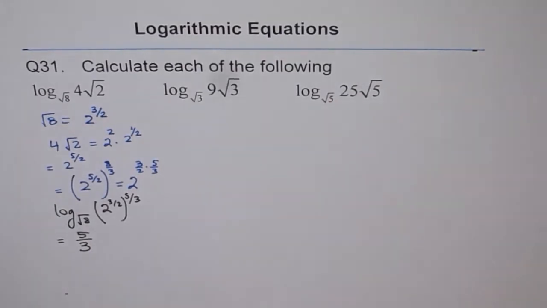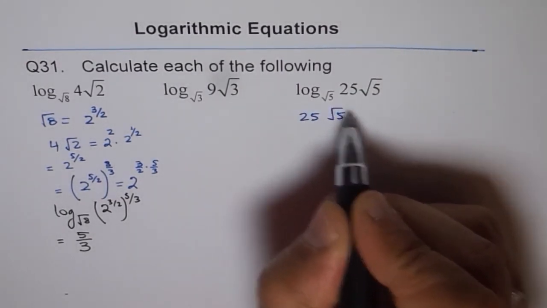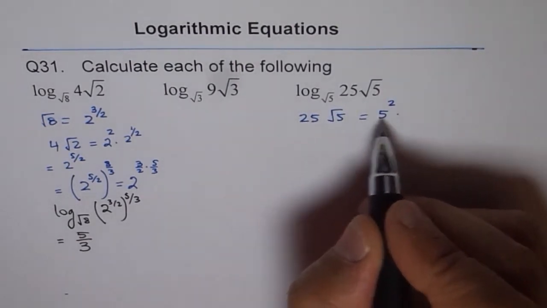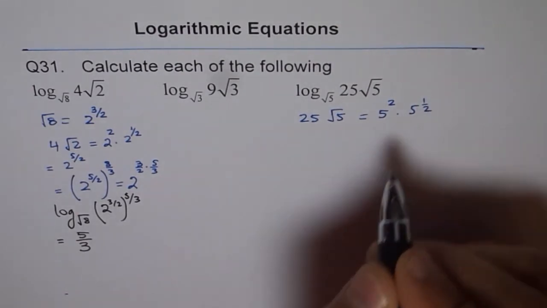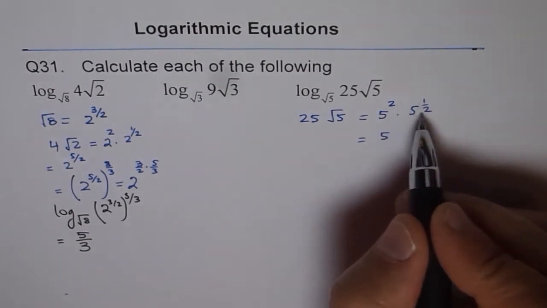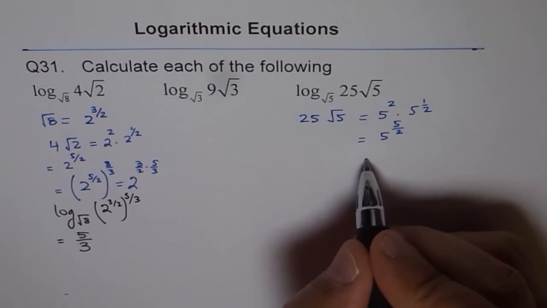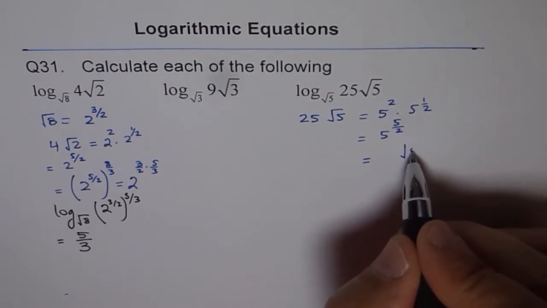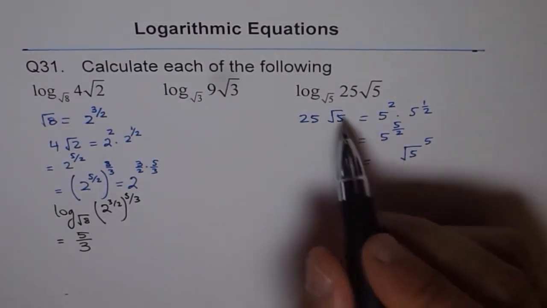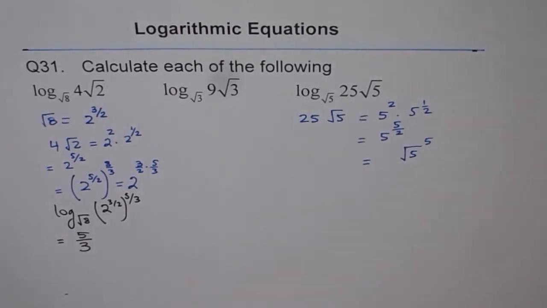Now we have here 25 square root of 5. Now 25 can be written as 5 square, and then we have here 5 to the power of half, correct? If you combine them, then you get 5 to the power of, you add them up, right? So you get 5 over 2, correct? So that is saying square root of 5 to the power of 5, correct? So that is how you can write 25 square root 5, and therefore this log expression I can now write as